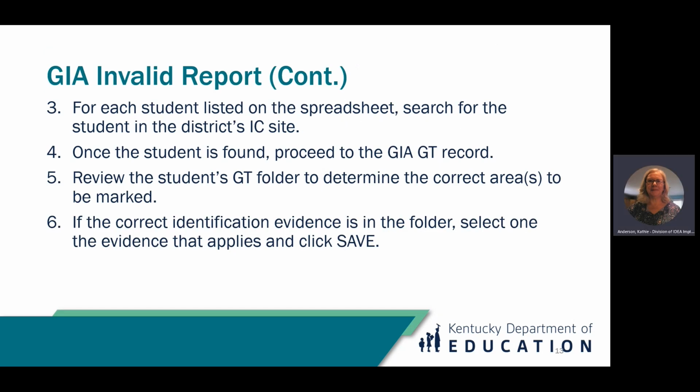For each student listed on the spreadsheet, search for the student in the district's IC site. Once the student is found, proceed to that student's GIA GT record. Review the student's GT folder to determine the correct areas to be marked. If the student should have been marked for the 9th stay 9, then mark 9th stay 9 and the assessment